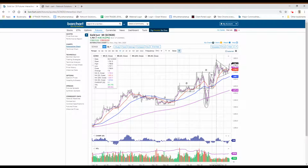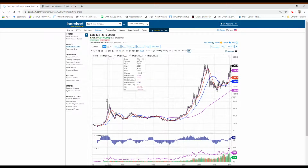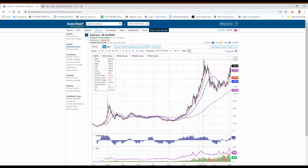We are currently 1761.20. If we go through there, I cannot imagine that this top, which was 1788 and change, is going to be any kind of a holding spot. And I think that, in all sincerity, this move that we had from